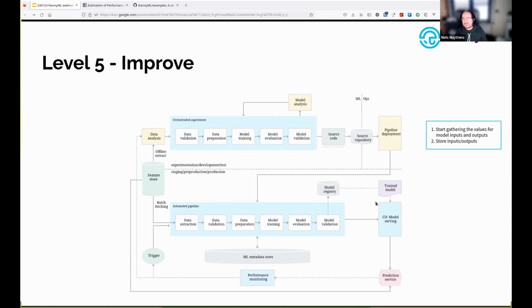So the first steps that are always required are basically gathering the values for the model inputs and outputs. This is a very important thing that always needs to be done. This is the bread and butter of what NannyML actually needs to use, so it's quite important to have those collected within your model. We are looking into ways of helping with that, and we were, for example, thinking of